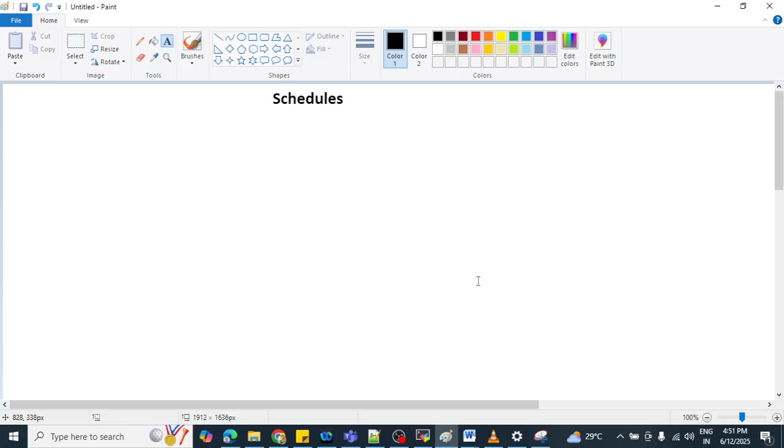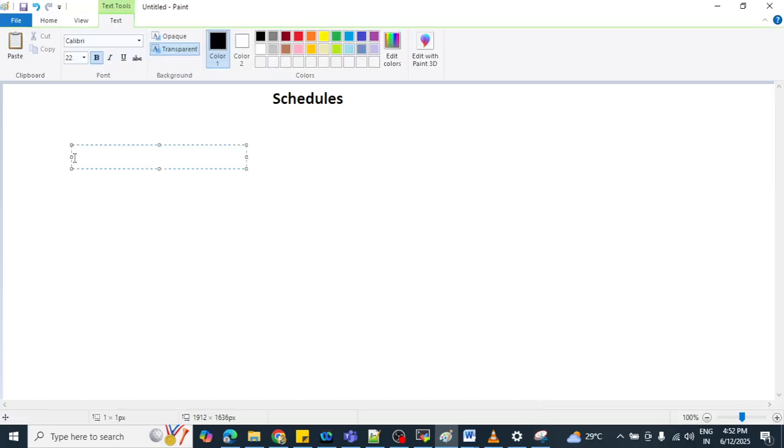Kube scheduler is basically your default scheduler in Kubernetes. Let me write it here also so that you will be on the same page. Kube scheduler.